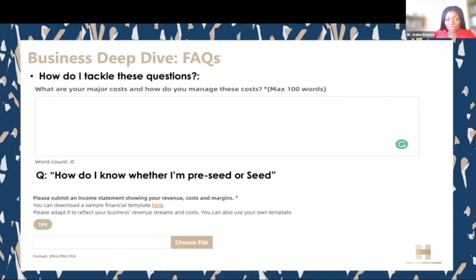Pre-seed definitely is family and friends. By the time you're getting to seed, you can get angel investors on board. These are people who will trust in you. Your product or service might still be in testing a little bit. You might have customers or not really have customers. But by the time you're getting Series A, you absolutely, without a doubt, have your product and service, and it's really funding to scale. I hope that is clear enough, and maybe Ubuntu can add to that.